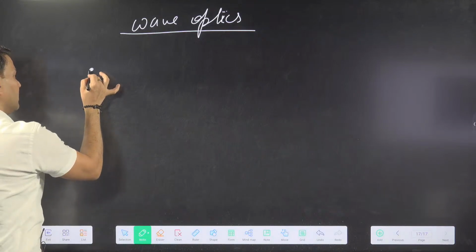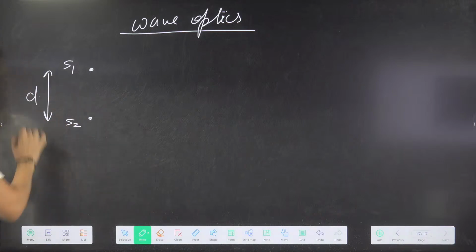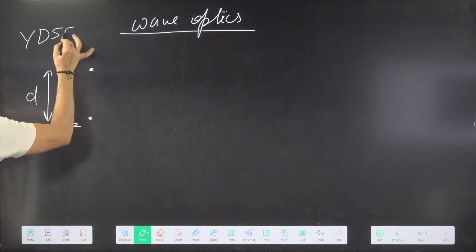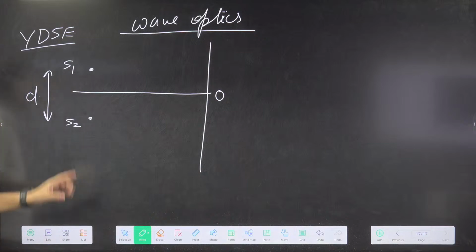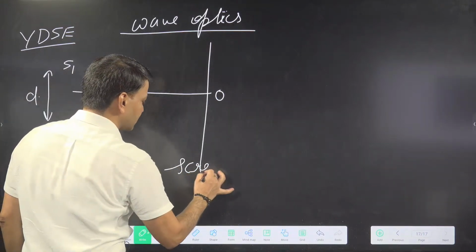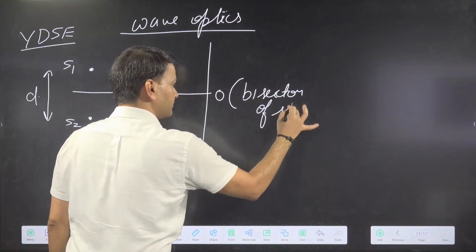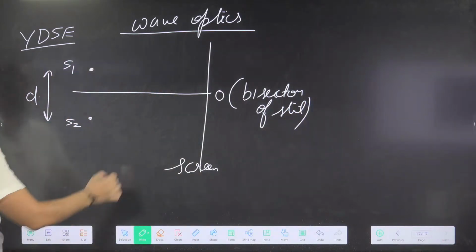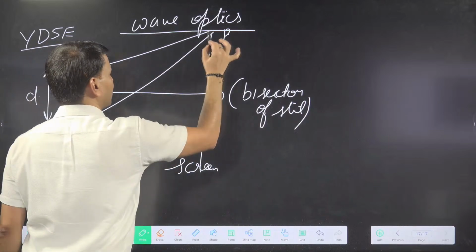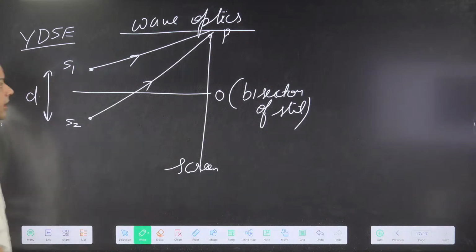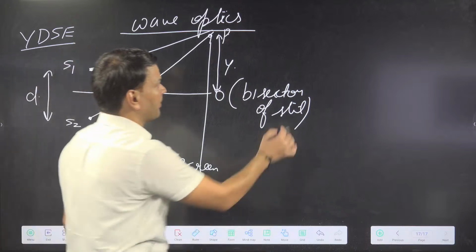First thing: suppose we have two sources S1 and S2, and the distance between the sources we take as small d. This is the screen, and this point O is the bisector. Now any point P I am taking on the screen. So to this point, the waves are traveling different distances. If the distance of point P from the bisector I take as Y,